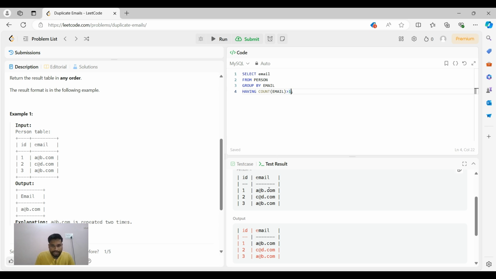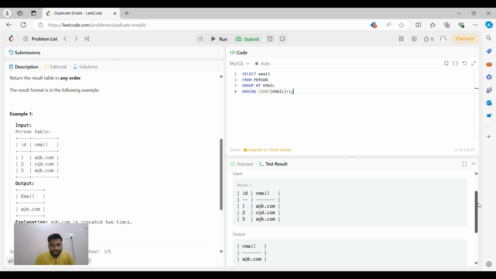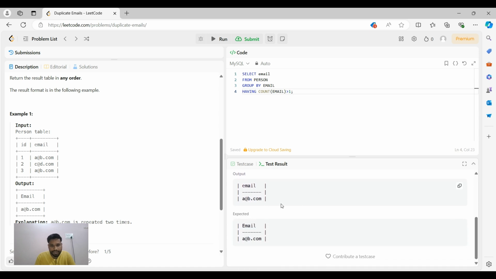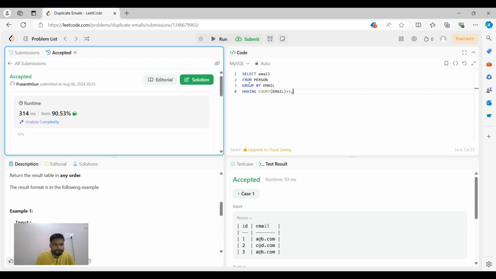So if you look at here, we have two groups, and one group has two email IDs and another group has one email ID. The group which has two email IDs is a duplicated group. So when we run this, it will output those duplicated emails. If you see here, output is a@b.com, correct. I can click control enter, then it will go on to submission. Okay, it says runtime is